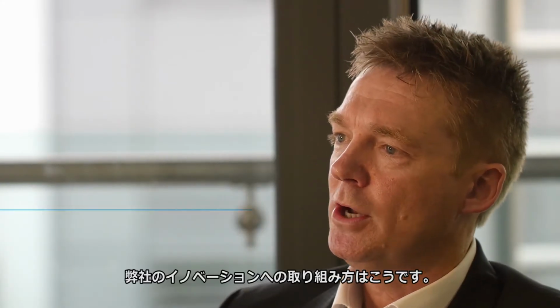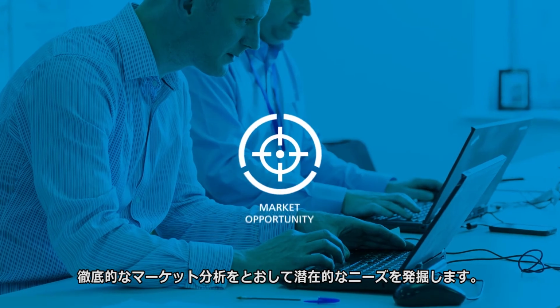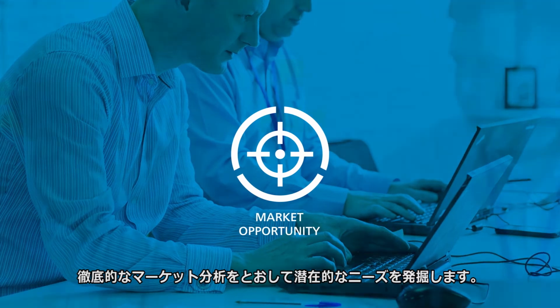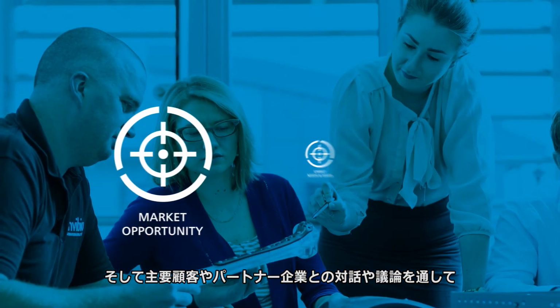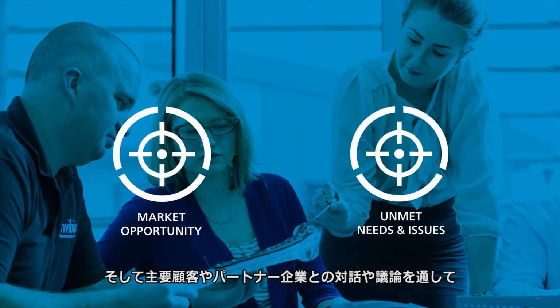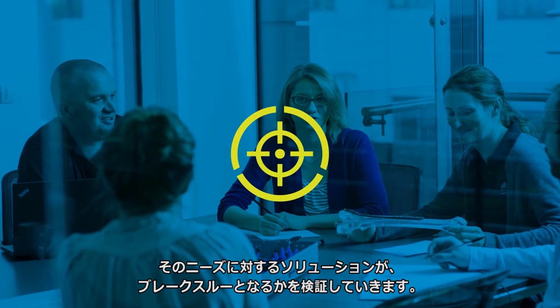So how do we understand where to innovate? It's a combination of two things. It's a combination of fundamentally understanding our markets, of rigorous strategic market analysis to identify opportunities, and combining that with in-depth dialogues and discussions with our key partners, our key customers, so that we match their needs and issues with